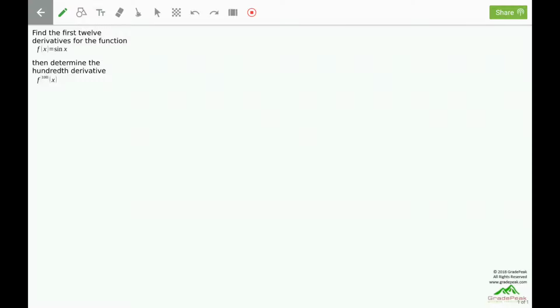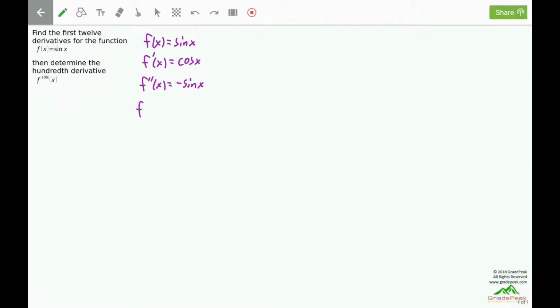Find the first 12 derivatives for the function f of x equals sine x, then determine the 100th derivative f^(100) of x. So f of x here is the sine of x, which means that the first derivative f prime of x is the cosine of x, which means the second derivative, the derivative of the first derivative, will be